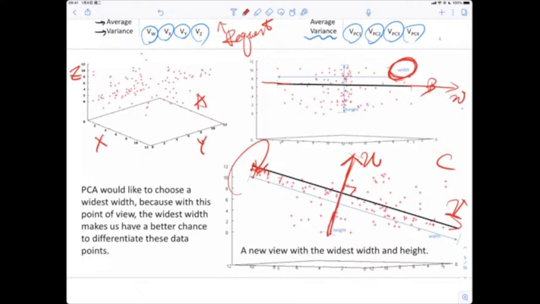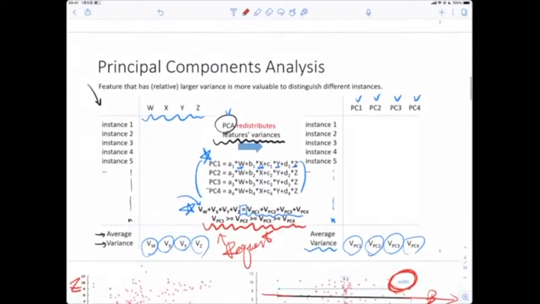You fix this surface, which is described by V and U, and you do the rotation in the fourth dimension space, and you find the third axis, which has the third largest variance, and so on and so forth. By doing this, the original data points, shown at the left top side, will be described by the new axes. After finding the first, second, third and fourth axes this way, you will find that the original data points are spread fairly evenly along the first, second, third and fourth axes, because that is how we found them.